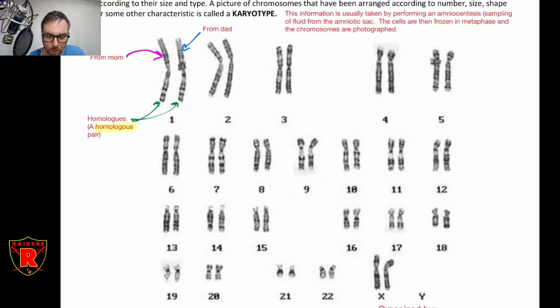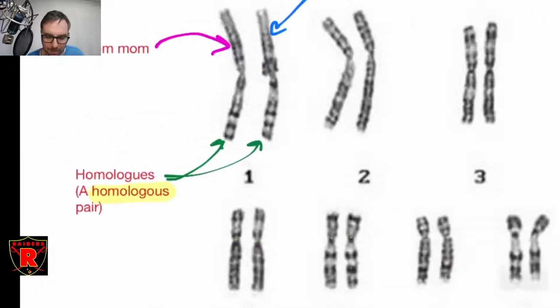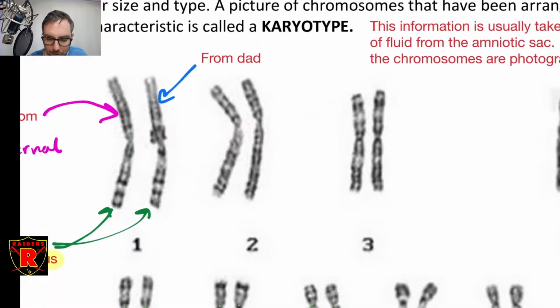So you'll notice here that chromosome 1 is the biggest one. You'll also notice that there are 2 chromosome 1s. And the reason that there's 2 is because you have homologues. They're not identical, but they have the exact same genes on them. So you have one from your mom and one from your dad for each chromosome. And those are called maternal and paternal chromatids. I probably should write that on here somewhere. So the ones from mom are called maternal, and the ones from dad are called paternal.